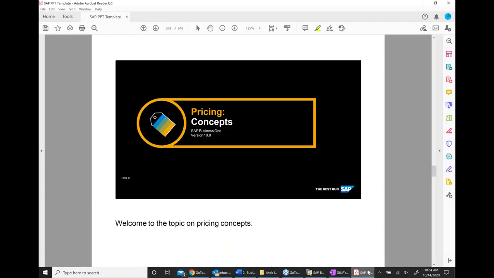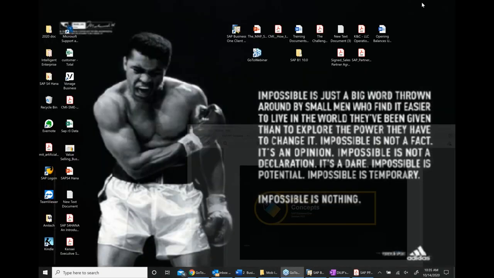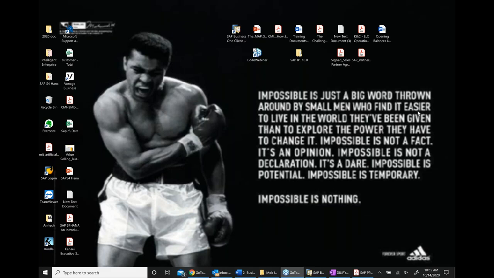So let's continue to our next topic, which is pricing. So pricing, how the system determines pricing. Basically, if you are buying items, if you are selling items, and any other product, any of the selling or buying activity which we do,